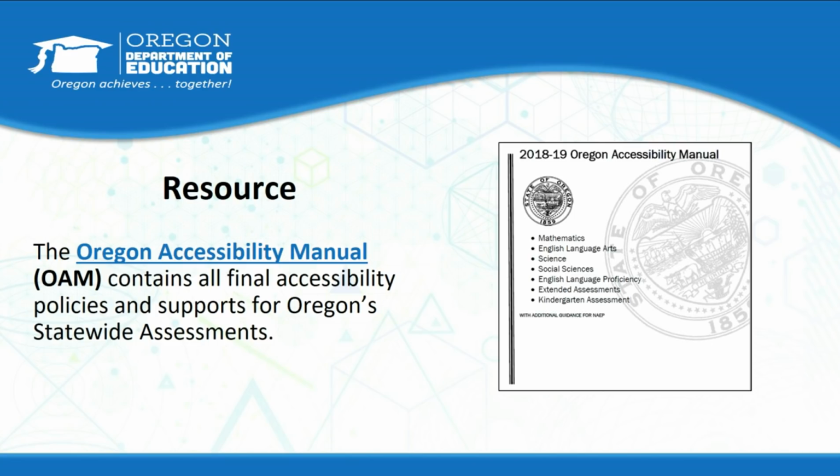The Oregon Accessibility Manual was developed to guide the selection and administration of universal tools, designated supports, and accommodations for the current statewide assessments, which include mathematics, English language arts, science, social sciences, English language proficiency, the extended assessment, and the kindergarten assessment. Only those supports included in the OAM may be provided to students during the administration of Oregon